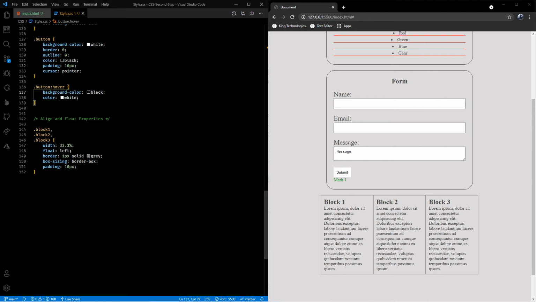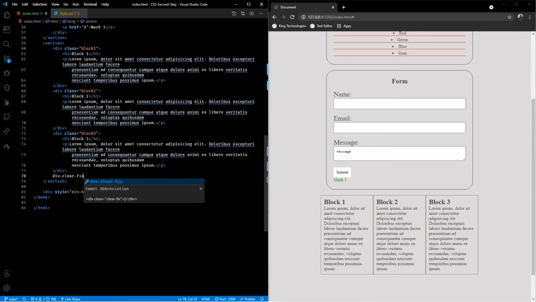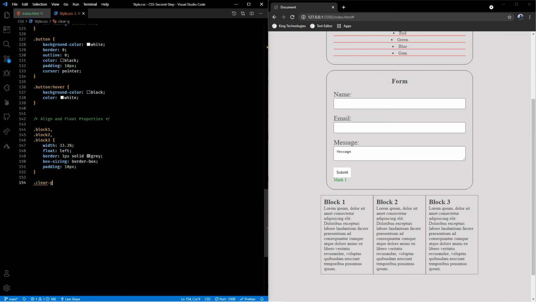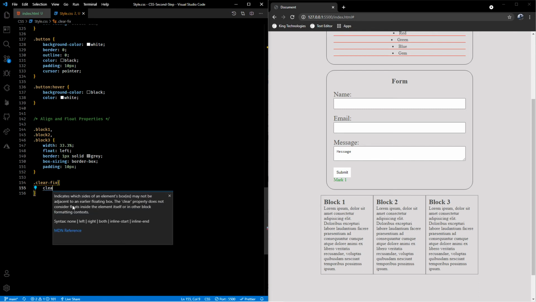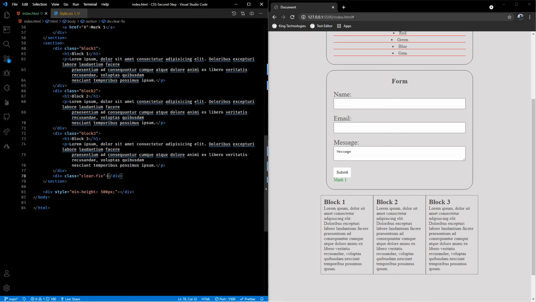Good. Next thing we need to do is clear this fix. So for that we generally use a div, let's call it clear fix, dot clear fix, with the clear property and value both, which will do the job. Let's create a 60/40 layout. For that